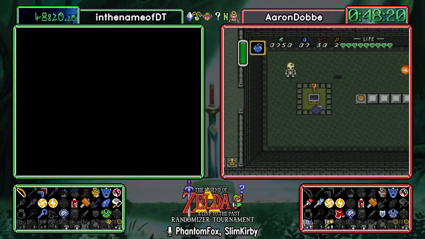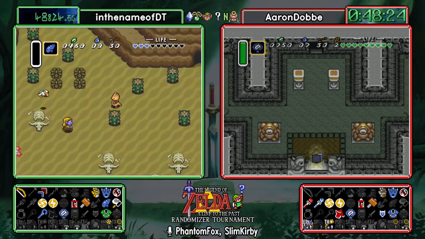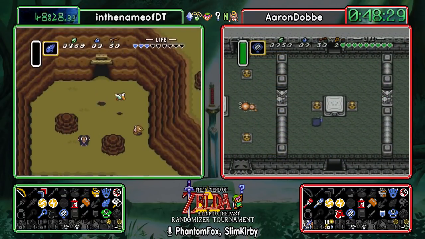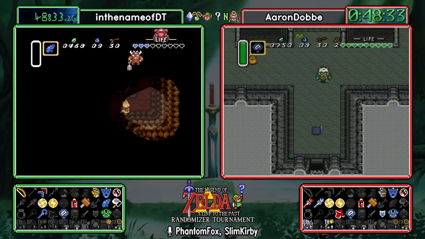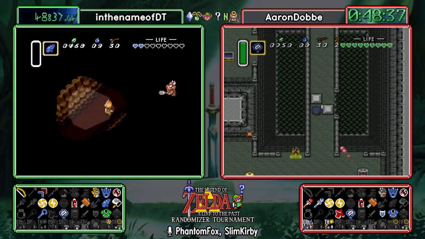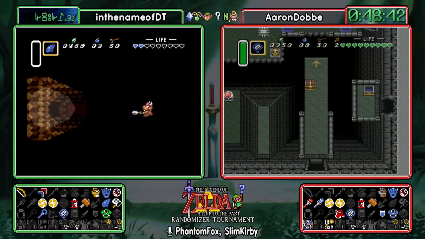Alright, looks like Aaron is continuing on through Palace of Darkness there. And DT is going to be using Fly to head to his first trek up Death Mountain, or up across this mountain. Yeah, he'll be able to get all the wonderful items that Aaron's found up here, and we'll be able to